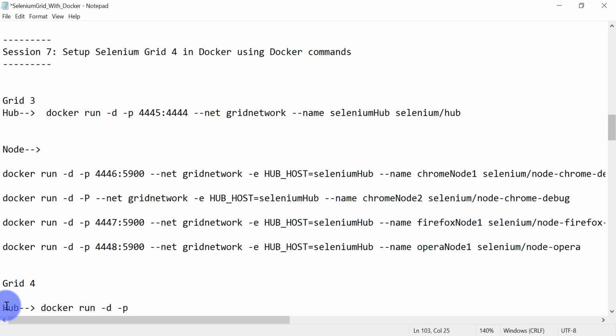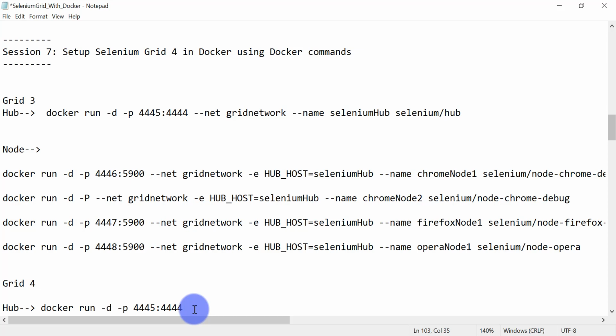There is a separate video on port mapping, why it is required and how it is beneficial in case of Docker container and host machine, so you can watch that video also, available in the playlist. Here I am just going to map the same port: port number 4445 from the host machine is mapped with 4444 from the Docker container.